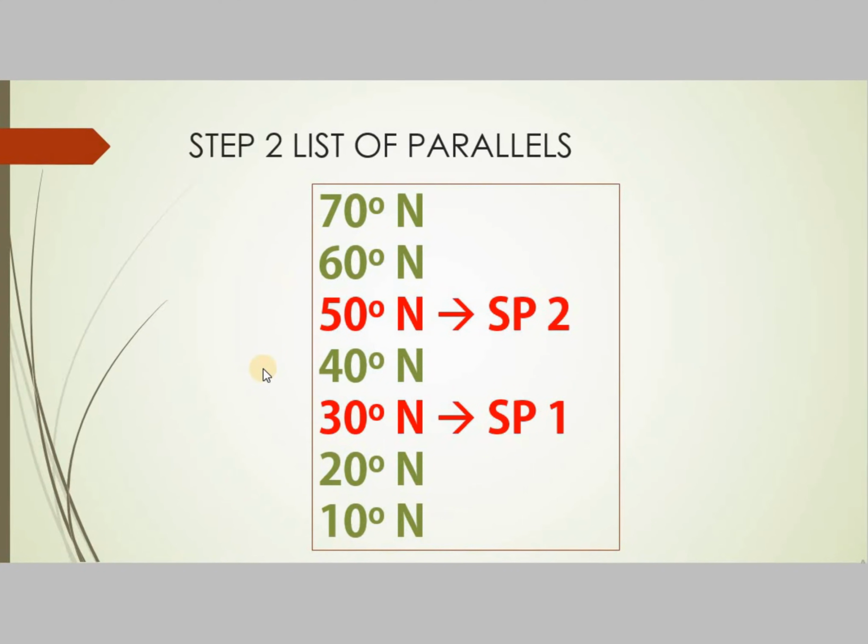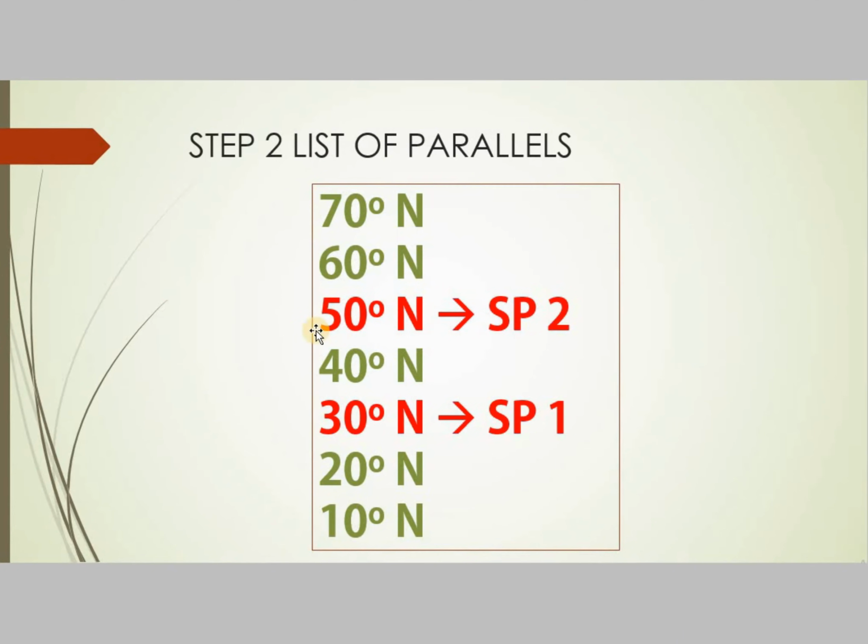Then after making the list we decide the standard parallels, because this projection is the conical projection with two standard parallels. So here we will be needing two values, and again sometimes the standard parallels are written in the question. In that case it's very easy to just identify those standard parallels, but if the standard parallels are not written in the question, we have a certain formula, and that is that we keep 40% of the parallels outside the standard parallel range.